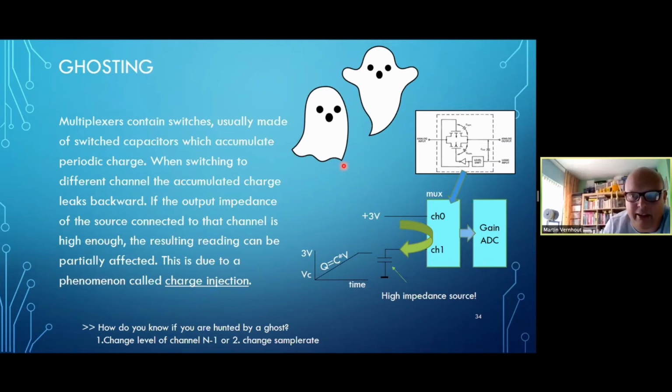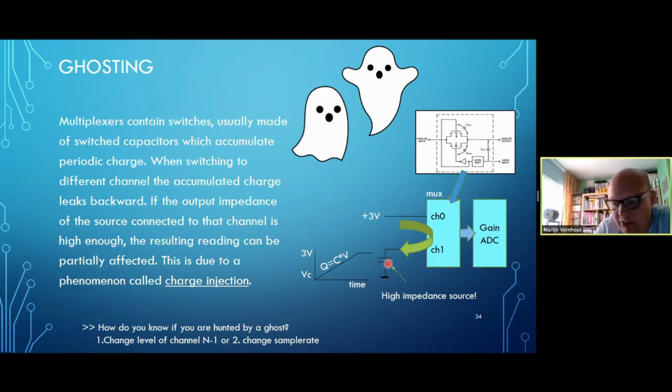And the easiest way I can make you see it is over here. We have a mux between channel 0 and channel 1. They are sampled to the ADC in the gain stage periodically. That means first channel 0 is sampled at 3 volt. Then the switch is operated to go to channel number 1. And a little bit of the energy it picked up from the 3 volt is now being pushed to channel number 1. If I connect a capacitor over there, which is of course a strange thing to do, but it's just a high impedance source, a little bit of that charge is actually going to charge up the capacitor, so the voltage on channel 1 will grow.